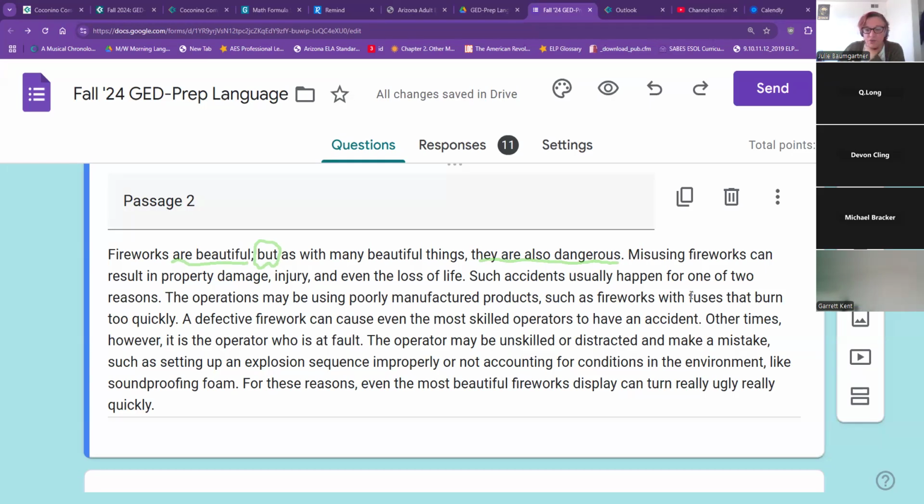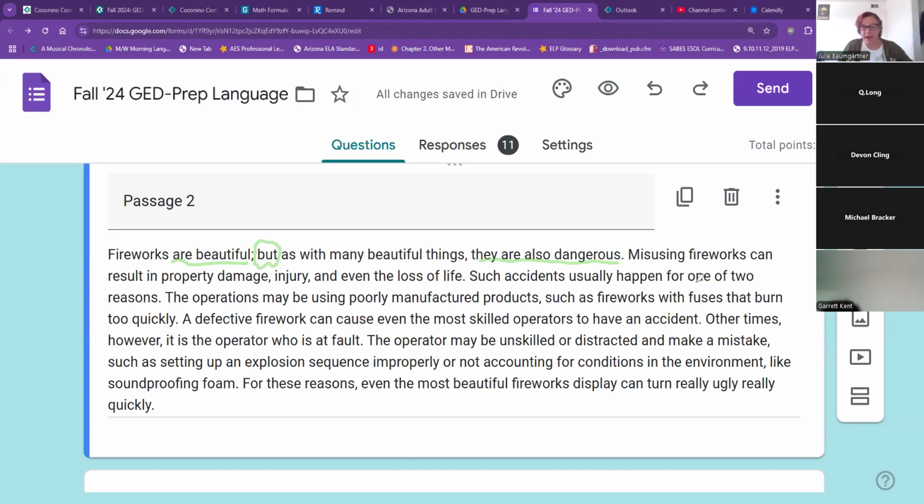Because it's focused on this reasons, right? But the fireworks are the cause, right? Yes, the fireworks are the cause. And what is the effect? Property damage, injury, death, right? So our cause is the misuse, and you can see that the next paragraph focuses us in on